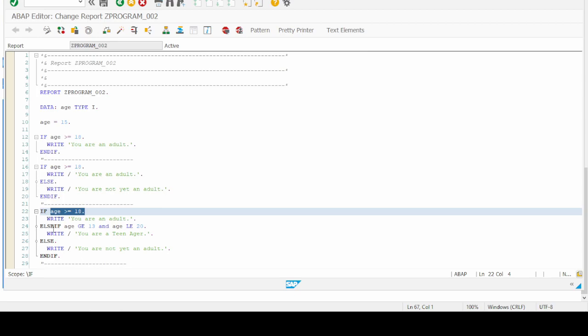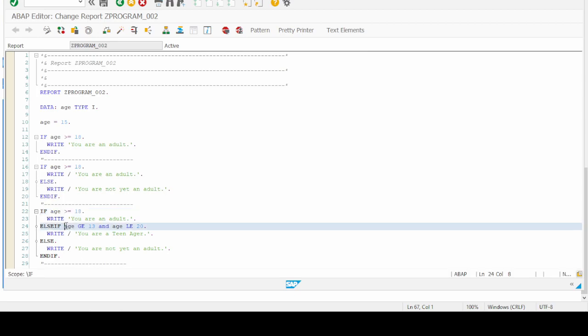It goes wrong, and when the system comes to the first ELSEIF, it checks that the value is between 13 and 20. That is why it prints 'You are a teenager.' Finally, because this statement is true, the system doesn't go to the ELSE statement. So hope you